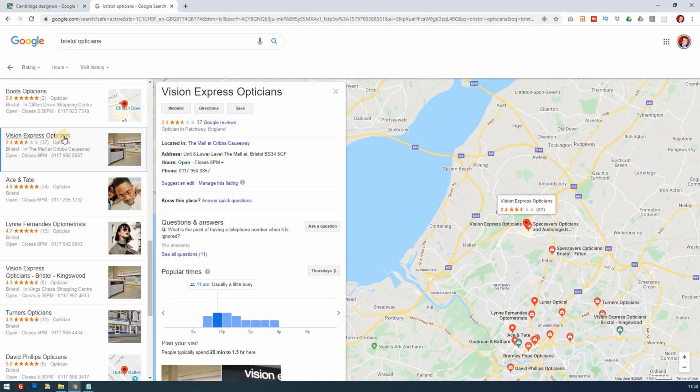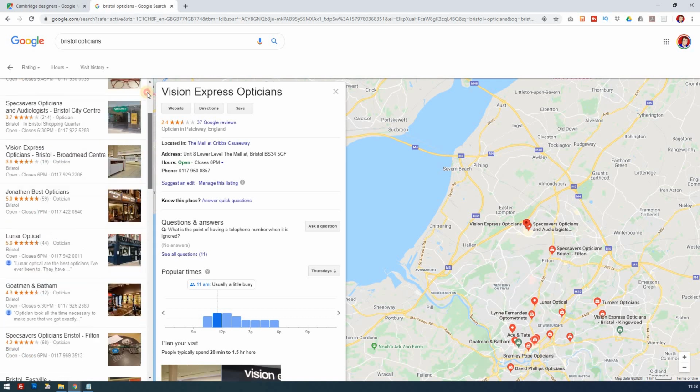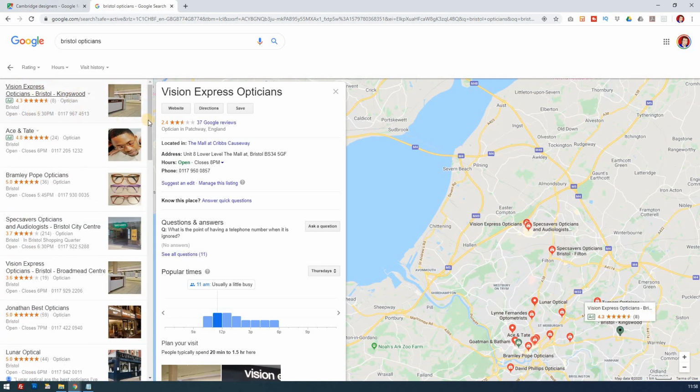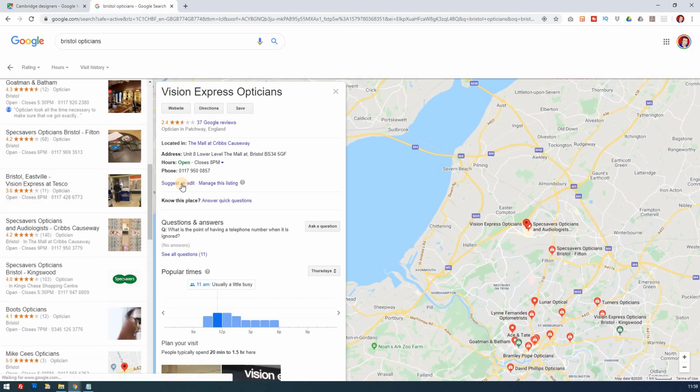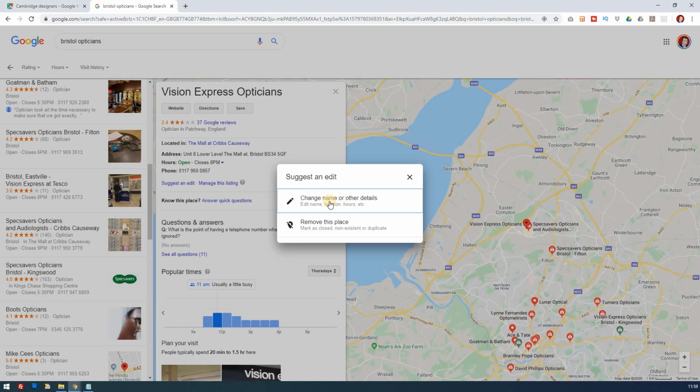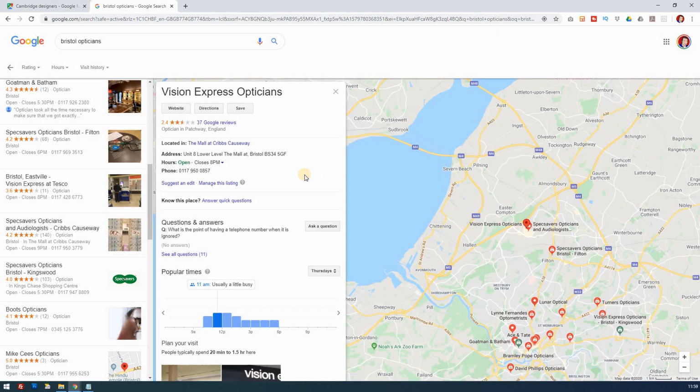And I'm not saying that I would do this, but you can suggest an edit, and you can suggest to Google that this is a double, which you're not allowed to have, because in effect they're having two entries. Google allows two entries, but you have to pay for it, which they're doing as well. So that's interesting. On that basis you can suggest an edit and say that you think this is actually a double entry, which is breaking Google's rules. So there you go, that's interesting.